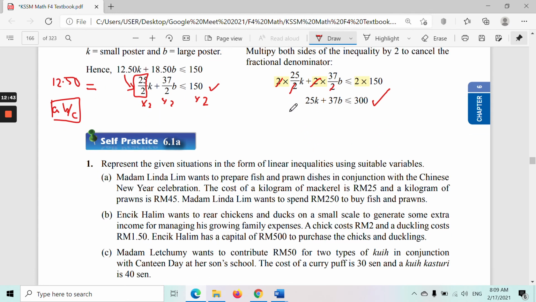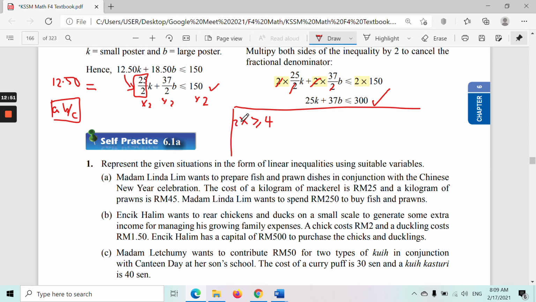And then a reminder for you, we recall back the linear inequality. If you have this, 2x greater than or equal to 4, let's say, how do you solve the linear inequality for x? You need to divide 2, right? So when you divide 2, you will have 4 divide 2, which is 2. And then if I have 2x greater than or equal to negative 4, this one also needs to divide 2, right? So when you divide 2, this one remains greater than or equal. So minus 4 divide 2, minus 2.